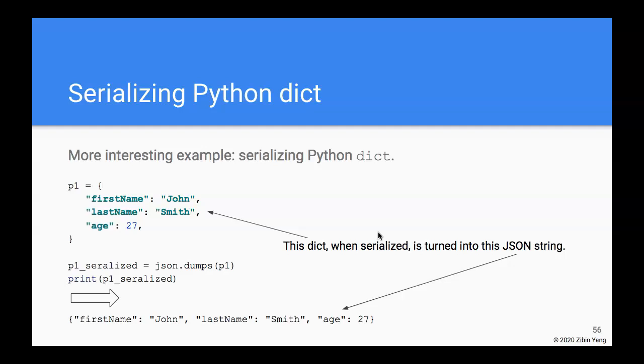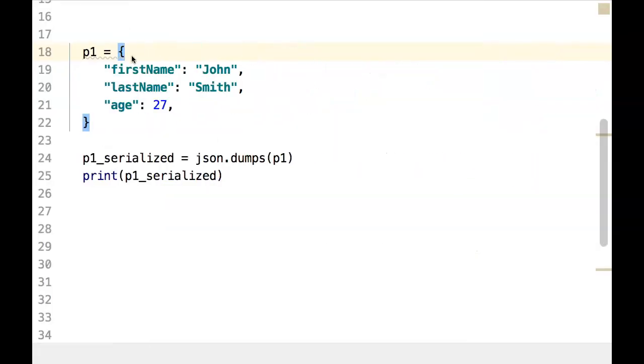So here I have a Python dictionary. I actually typed it out here now. It's just p1, with first name, last name, and age. And I pass this Python dictionary as an argument to json.dumps, and I capture the result, which should give me a JSON string that represents this dictionary in Python, and I'm going to print it out. So if I run this,